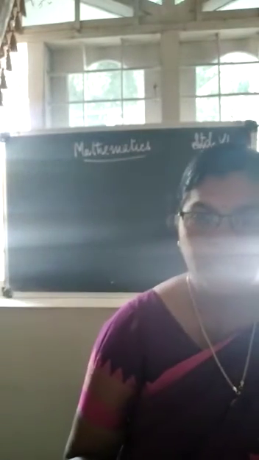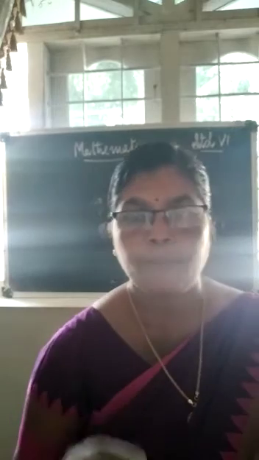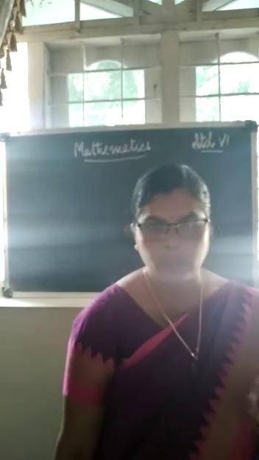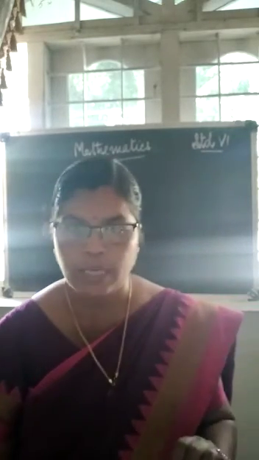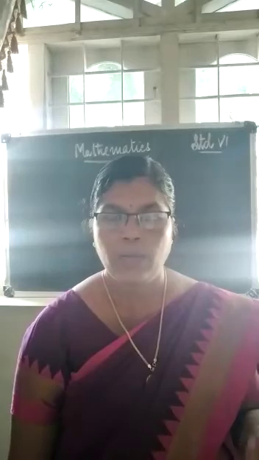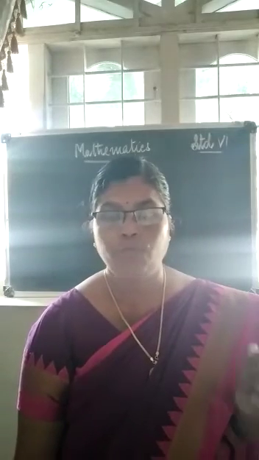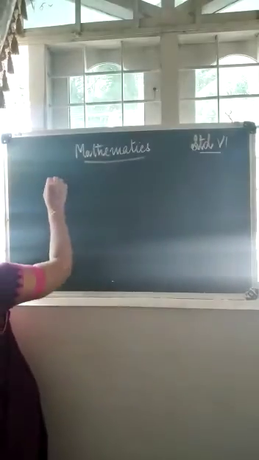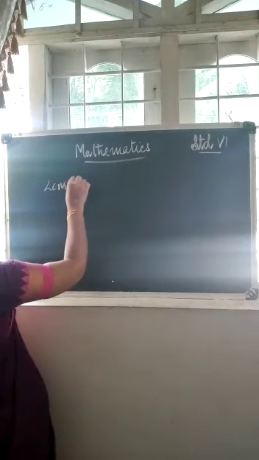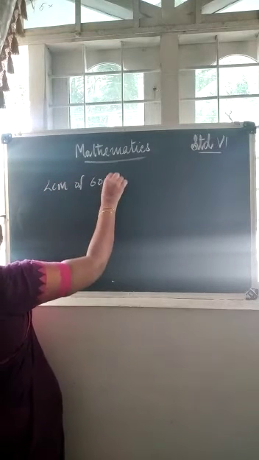See children, we are seeing the finding the LCM using prime factorization method. Okay, one example we have seen. So let us see one more example. Find the LCM of two numbers 60 and 120. Let us find the LCM of 60 and 120